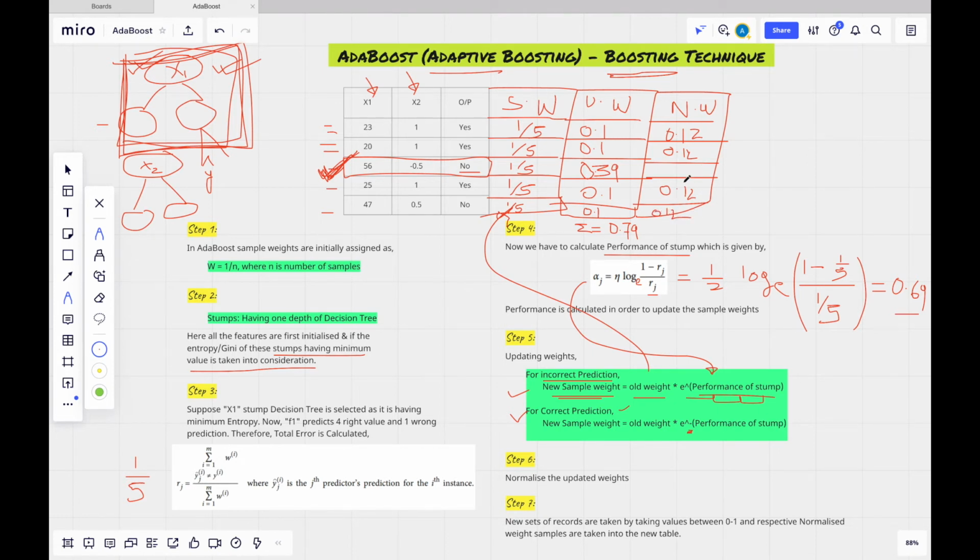For incorrect, 0.39 divided by 0.79. So we are getting 0.49. So we got the normalized weight.